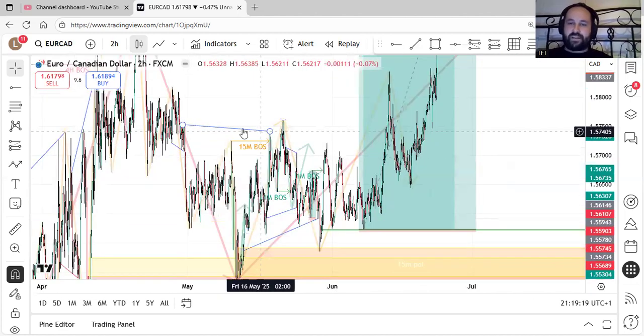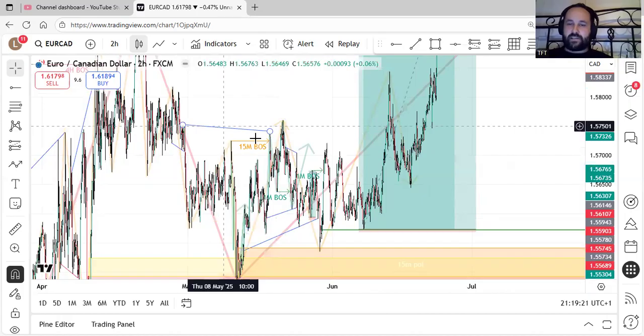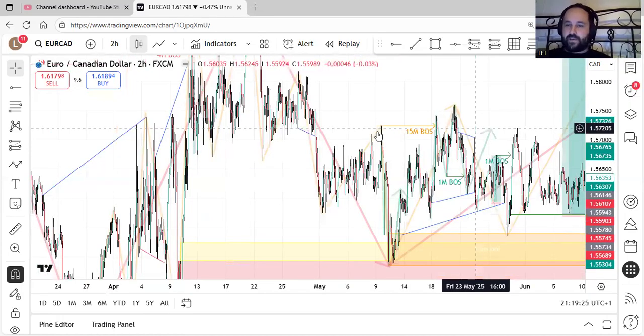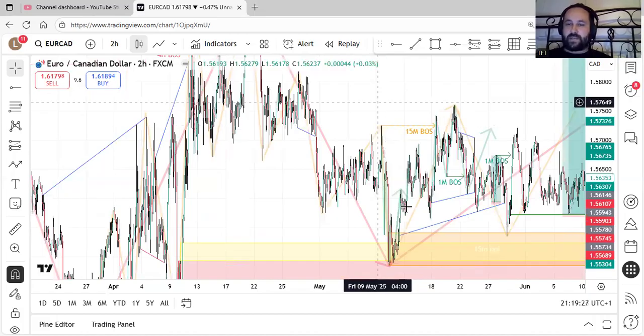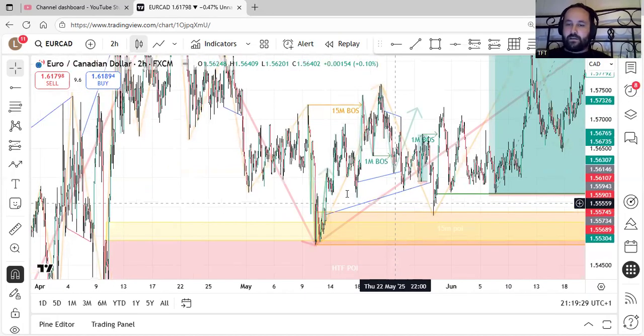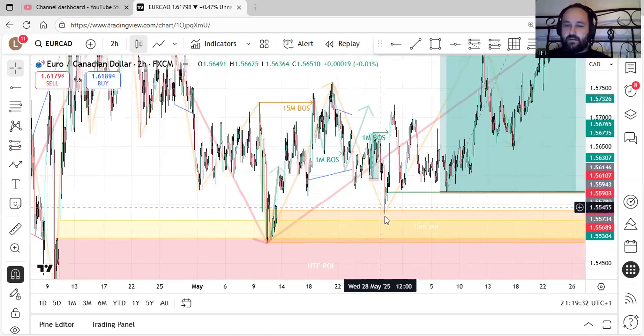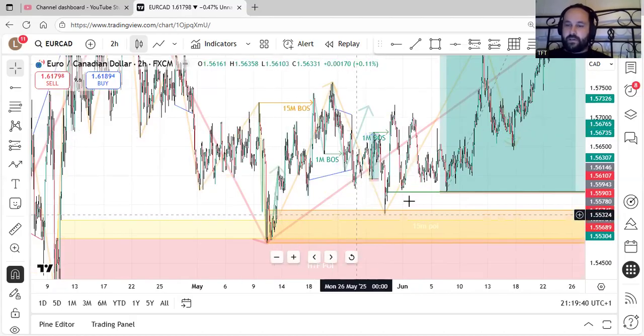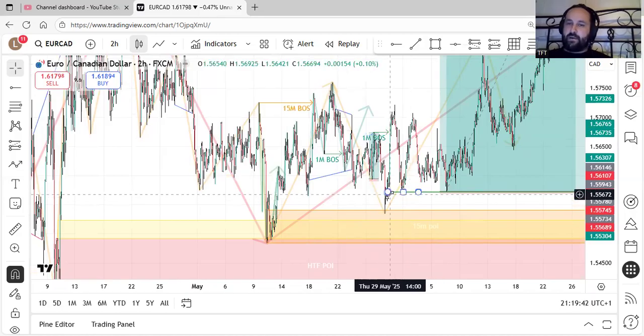Obviously I've briefly marked and spoke about this liquidity here. But if that wasn't there, it doesn't matter, because I've still turned bullish. I'm still expecting it to come down and mitigate something. I can delete that trend line. It doesn't matter because all I'm looking for is that I've turned bullish, it's mitigated an order block, it's filled an imbalance. Like so, you can take liquidity out of it. I don't recommend it because it does help.